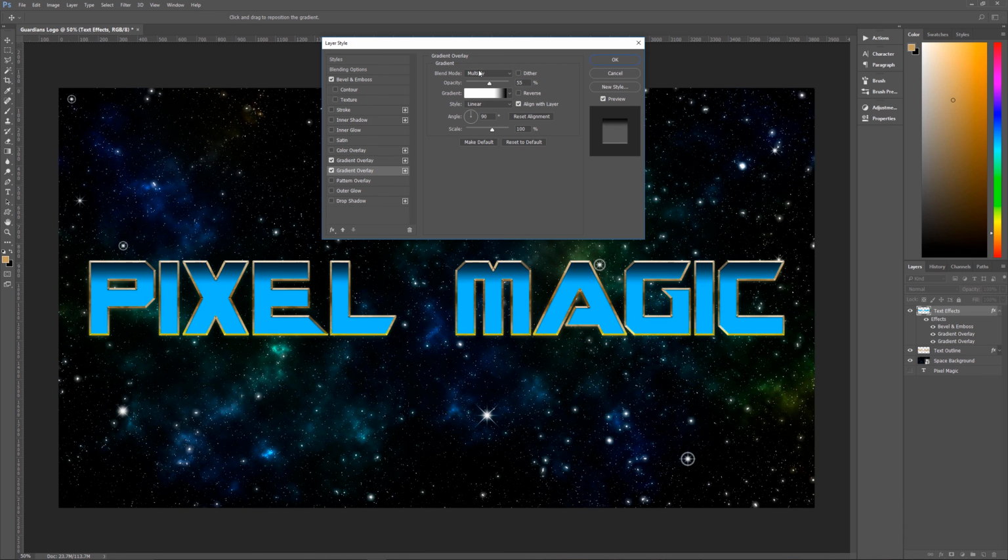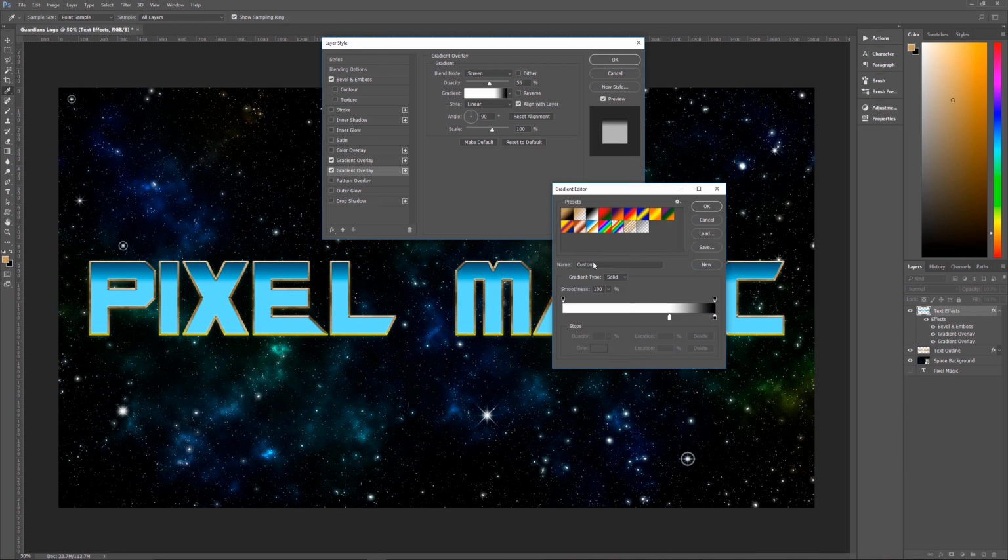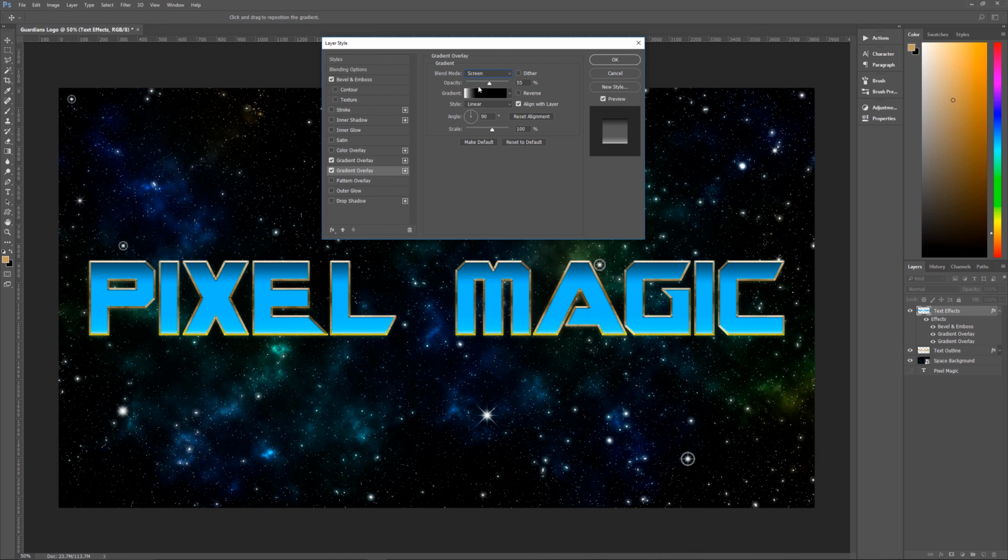And the bottom one here, what we are going to do is we're going to make this one here screen. Okay, and the dither is going to be unchecked. And the gradient itself is now going to be this white one right here, but we're going to make that at 0. So there it is at 0. Here we are going to make this guy right here, this black one over here, at 30%. Okay, and this right here, we are going to make that at 30. I did forget to do that for the one above, so we'll come back to that in a second. So style is going to be linear, it's going to be 90, it's going to be 100